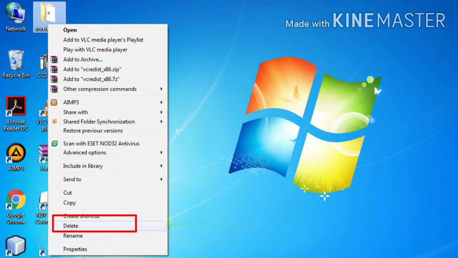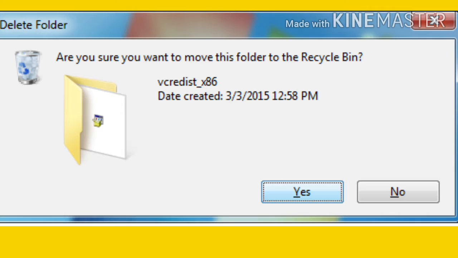I have clicked on the delete option. After that, a confirmation box will appear to confirm the deletion, with 2 options, yes or no. If you want to delete it, click on the yes option. I have clicked yes, so the icon will be deleted.